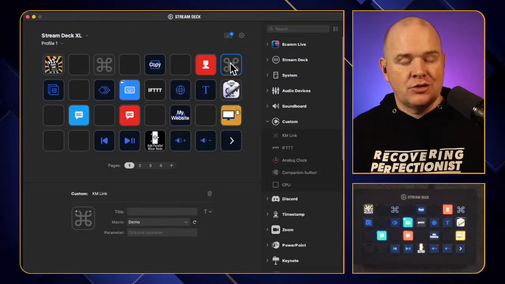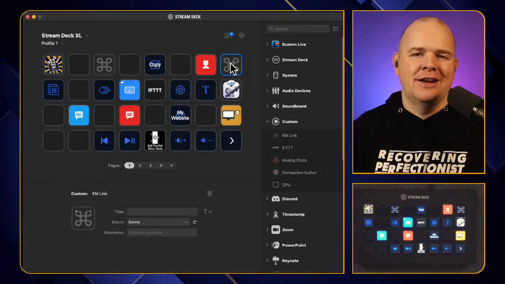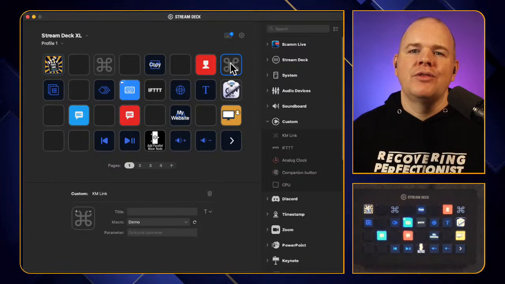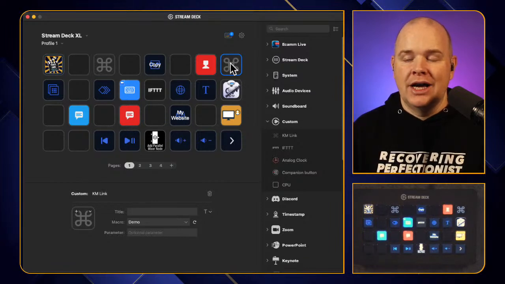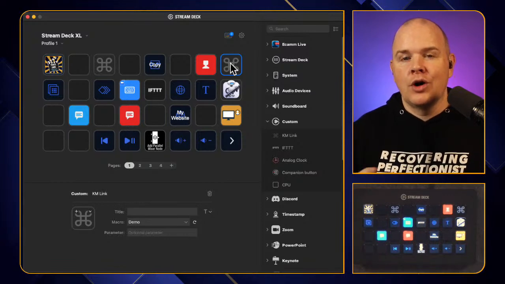So that's where the Stream Deck really just becomes, as I mentioned in the description and in the trailer, kind of like the ultimate productivity tool, because it gives you access to all of these things that you can do with Keyboard Maestro. And whilst Keyboard Maestro, obviously we could do all of this before with keystrokes, but one of the